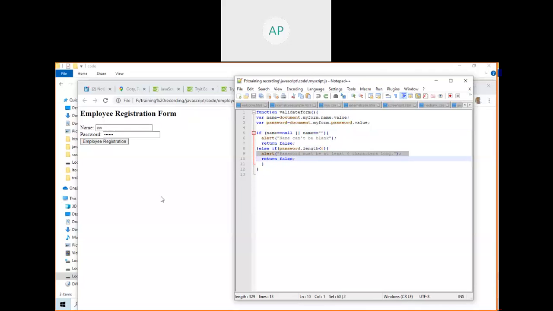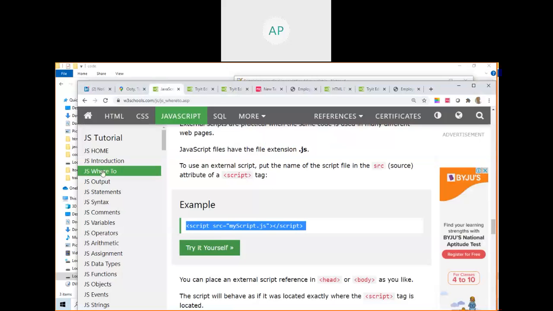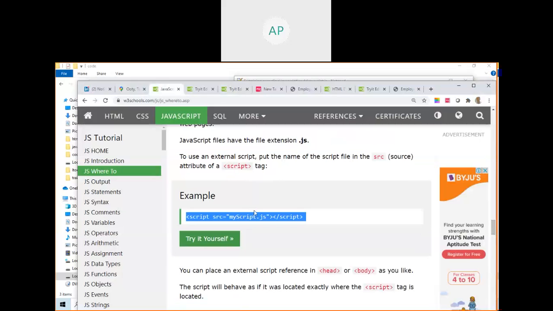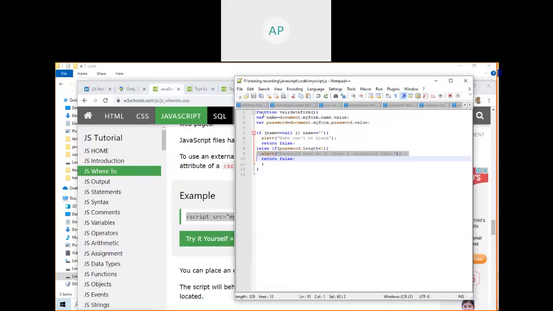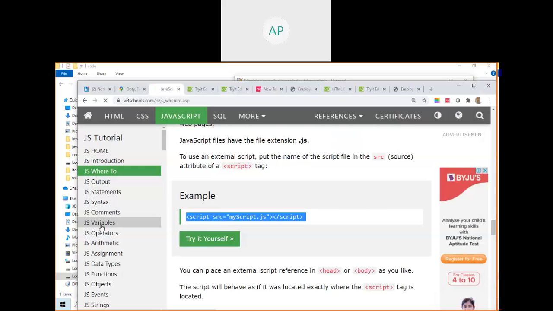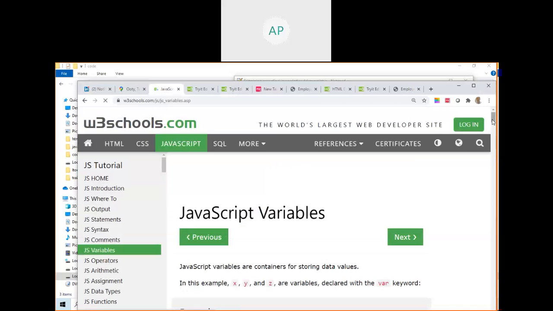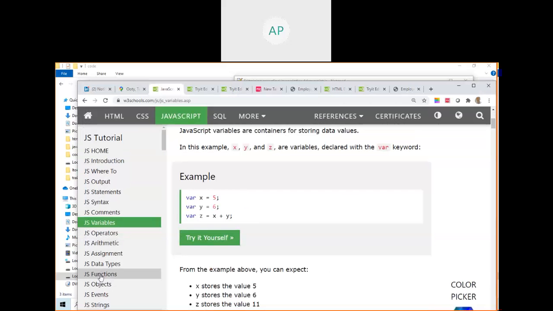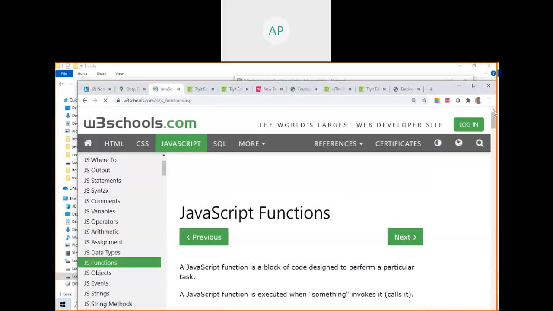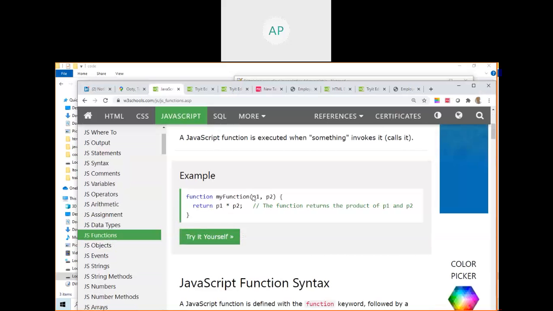So this is JavaScript form validation by using external JavaScript, not inline or internal. Read, very important. We are using external, we are not using internal. And how is a variable declared? By using var. See here, where is var here? Variable declaration. Read the var. And what is the function? This one, function. This is the function we are using.